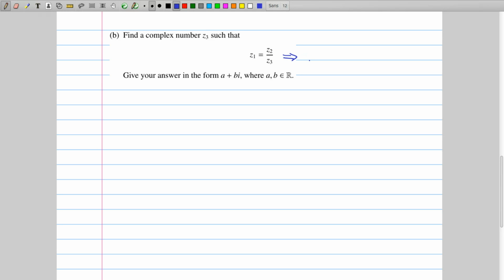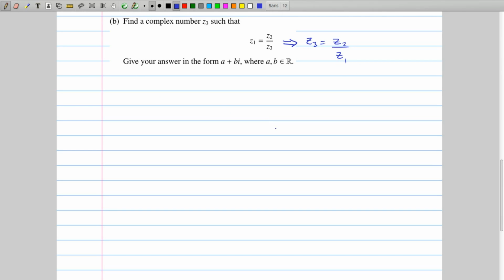You can do cross multiplication, which is probably something that you will have looked at, or you could just work it out algebraically that this is also true automatically. And so to work out what z3 is, you just do z2 divided by z1. To work out z3 then, we do z2 divided by z1, and now z2 was 4 plus 3i, z1 was 5 minus i,